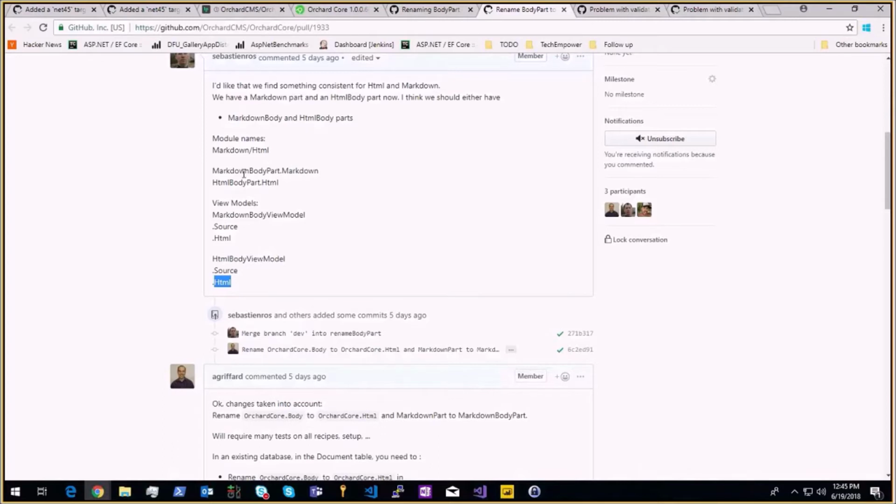If the markdown or the HTML contain liquid, then this HTML won't contain liquid. It will just contain the final HTML. So all these changes, mostly for the body part, are breaking changes. Any website that has a body will lose its content. It will still be there, but it won't be rendered because the property will change. So it's better to do the breaking changes